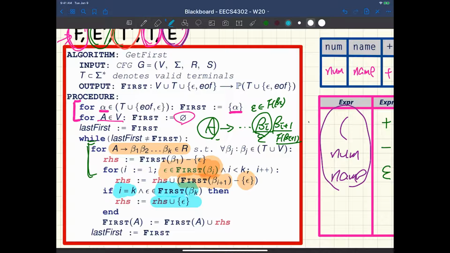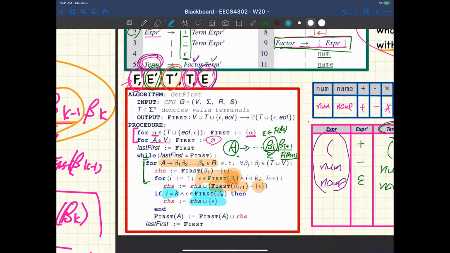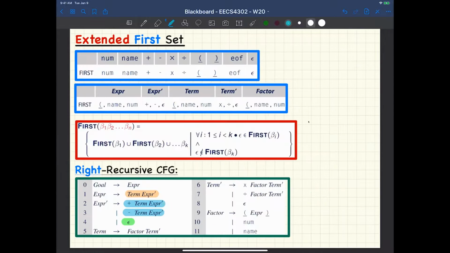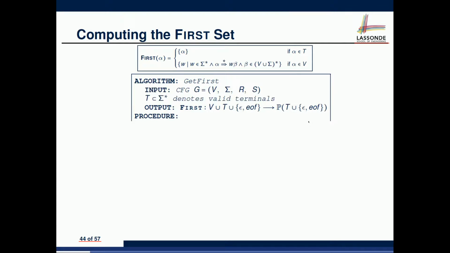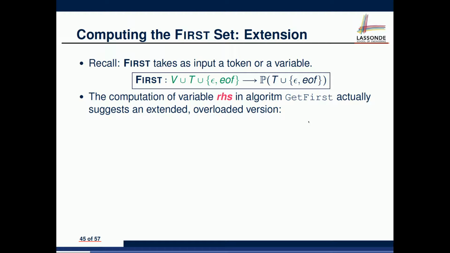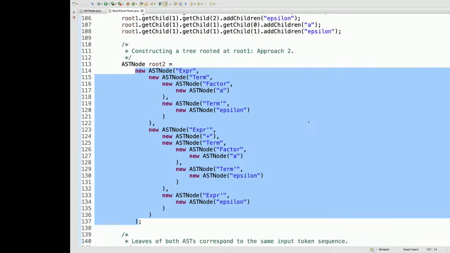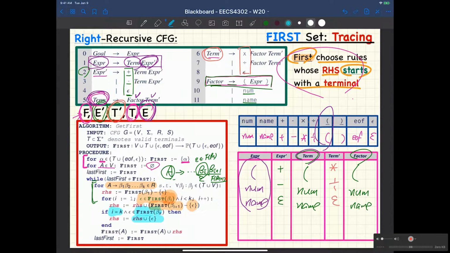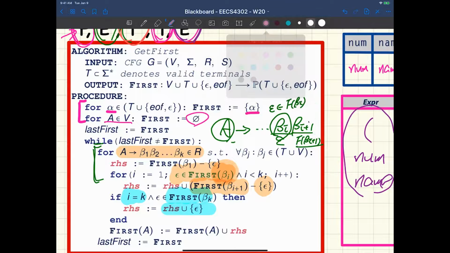All right, any more questions about first calculation? Okay, good. So now we should talk about, after the first, some extended version very quickly, okay, and see why it might be useful. Okay, that's the signature for the first set. One more thing to mention. The way we talk about accumulating from the left all the way to the first non-nullable set, you will see that there's a particular variable here that's really important, which is called the right-hand side. When you study the algorithm, pay attention to how this particular right-hand side is being used. Okay? What it is doing basically is to make sure,